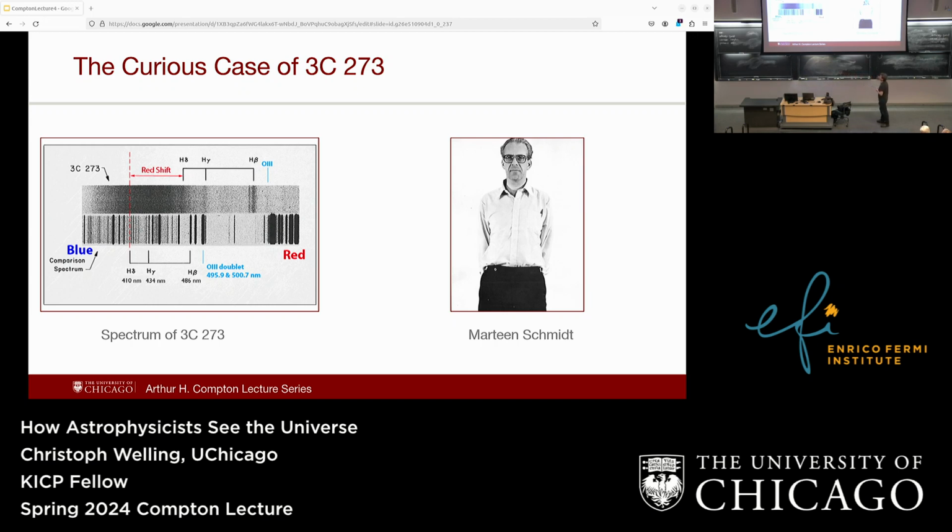So this is kind of what it looked like. So the top is his measurement, and because telescopes are not perfect, a lot of lines are kind of hard to see, but you can see these 3 prominent lines here. And those are from hydrogen, which is very common. So these are your bread and butter lines you will look at. And this is a spectrum you would compare them to. And the same lines are at these positions. And you can see this is offset by quite a lot. So this source had to be redshifted by a lot.